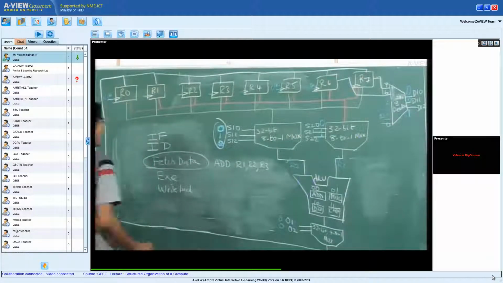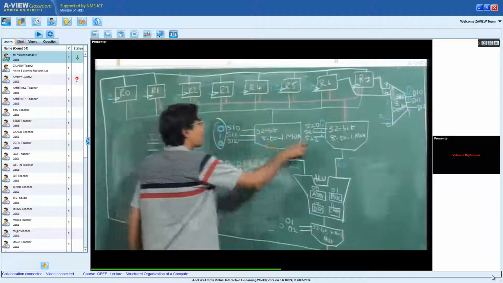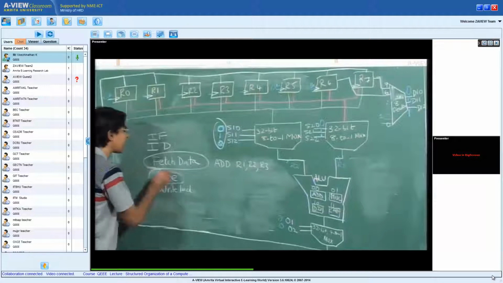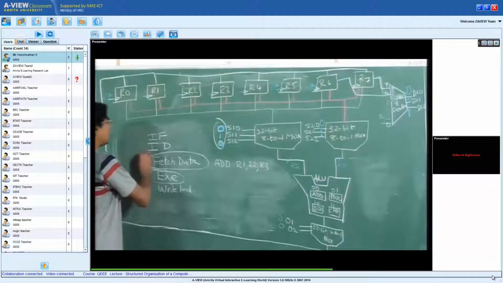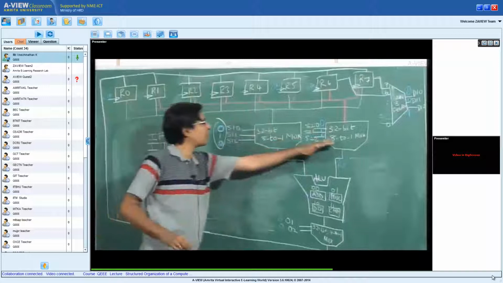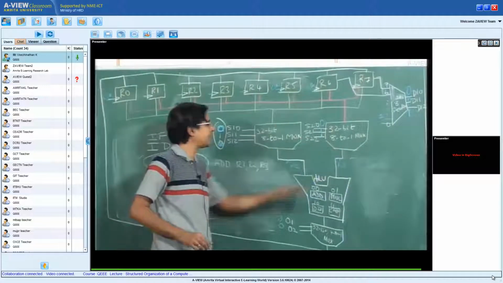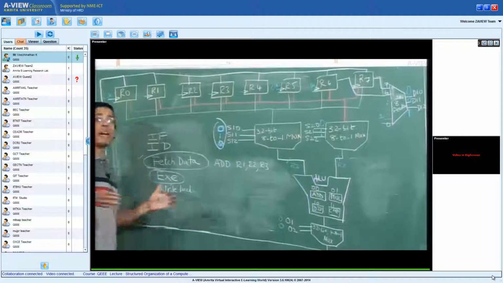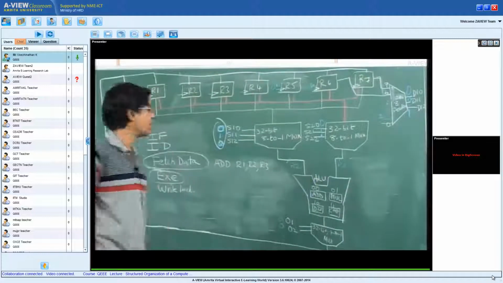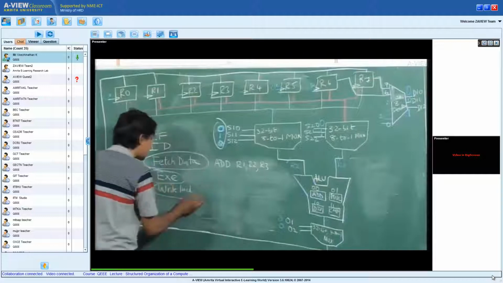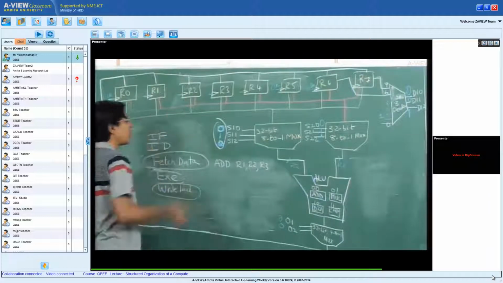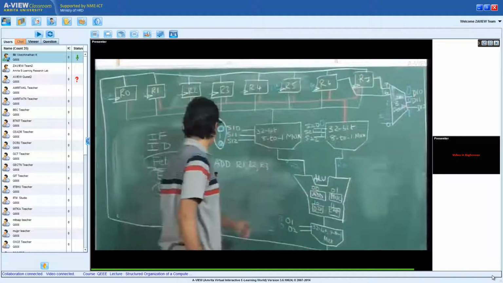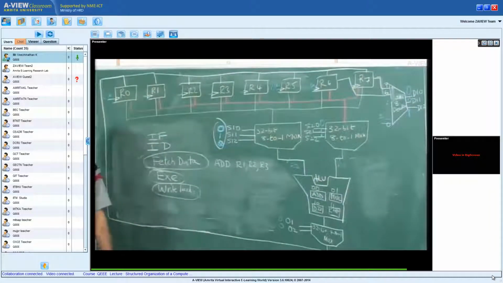Similarly, after I fetch the data R2 and R3 to the ALU input, and when the ALU is actually performing the addition, this part is not doing anything constructive because it is just maintaining the data. So your fetch data is not doing anything constructive, and a write back is also not doing anything. When I am writing back the answer to the corresponding register, note that your ALU is not doing anything and your fetch data part is also not doing anything.